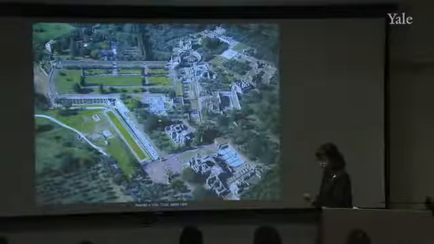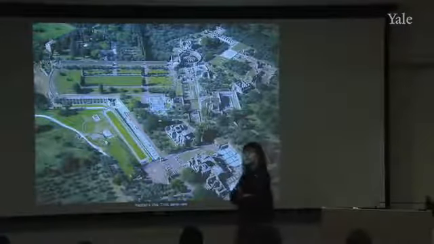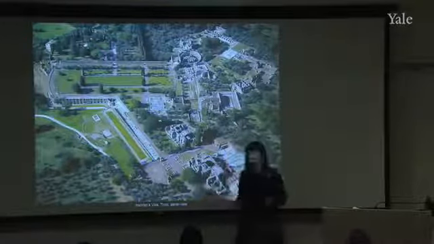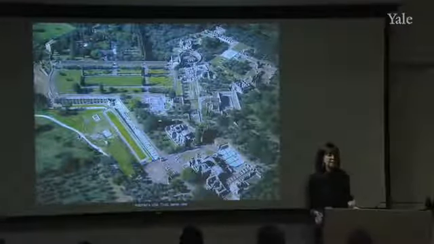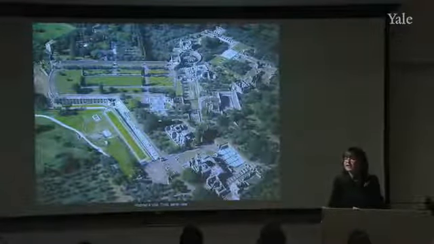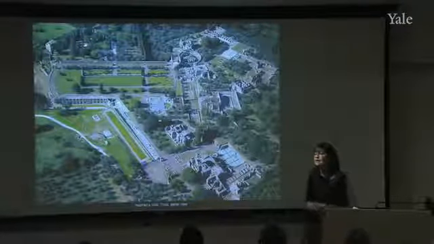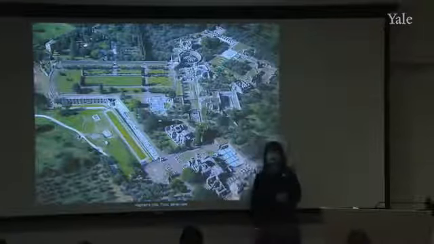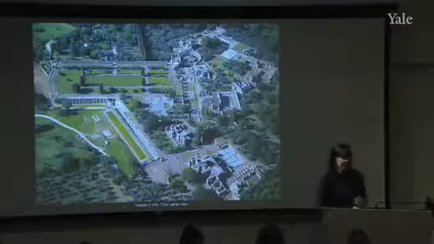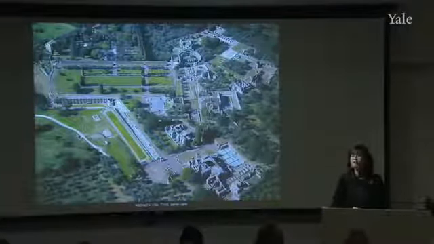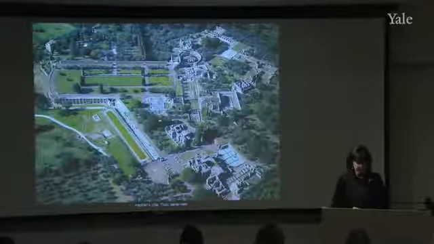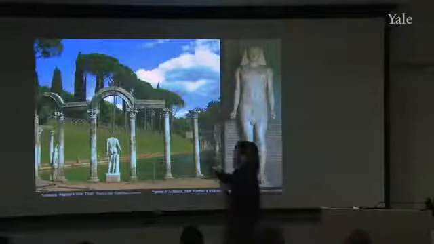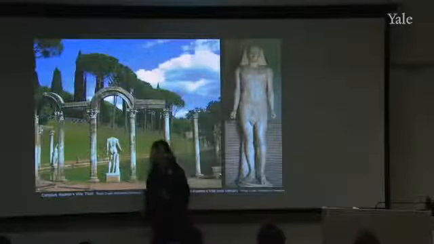The very well-to-do had villas. The emperors had villas all along what is now the Amalfi Coast. On the island of Capri, the Emperors Augustus and Tiberius had 12 villas. The most extraordinary villa is Hadrian's Villa at Tivoli, which I show you here from the air, a kind of microcosm of the empire at that particular time, with extraordinary buildings, with pools, decorated with sculpture that shows the eclectic taste